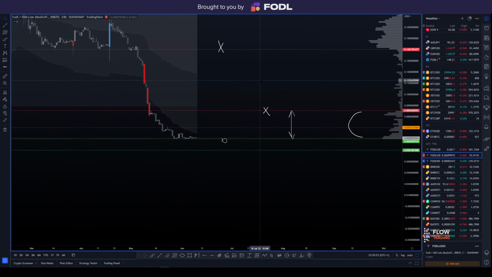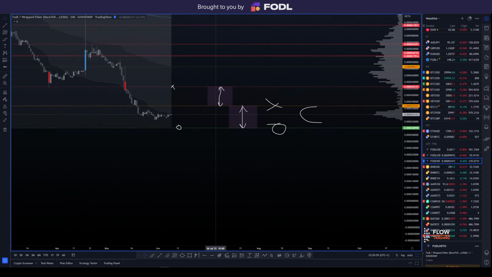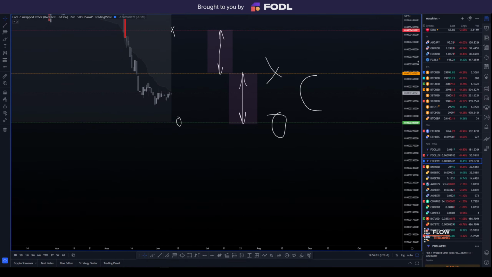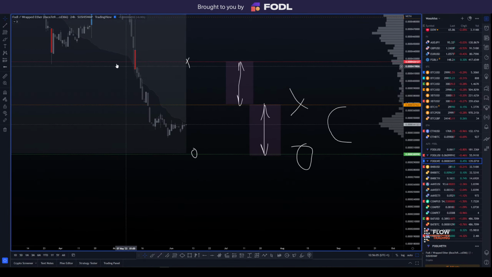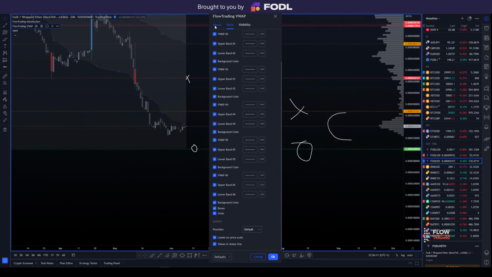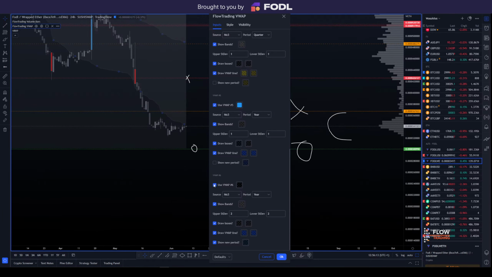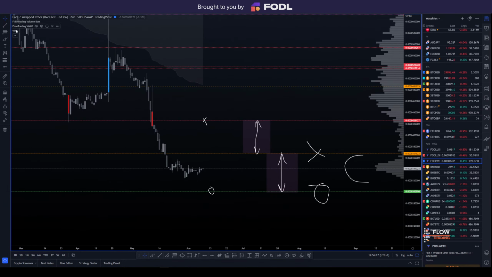Yeah, we're range bound until proven otherwise. Moving on to FODL versus ETH. FODL wrapped ETH. Okay, we're still below, let me just correct something a little bit. I'm going to take the second standard deviation of these VWAPs. So we are still below